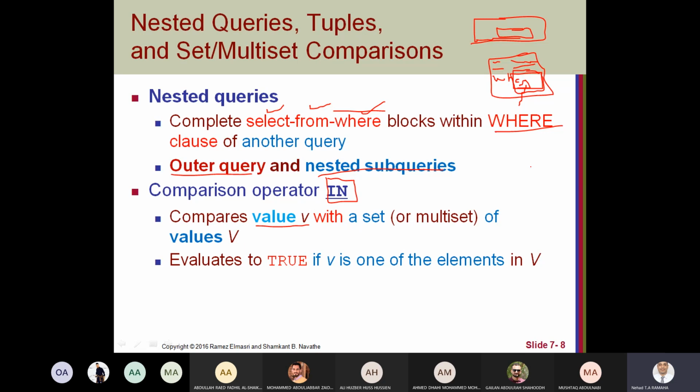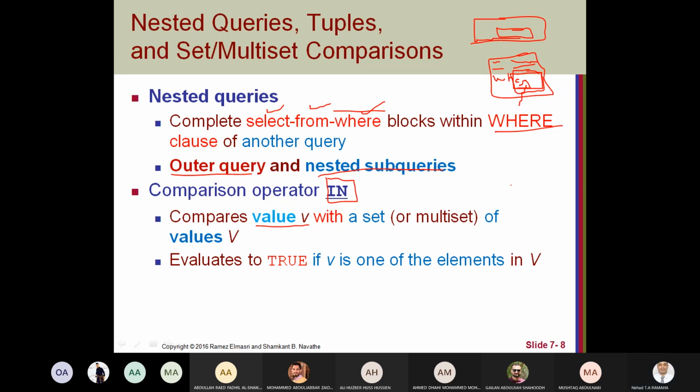And we saw before that if we use the distinct keyword with the select, then we will have a set because we will remove the repeated values. If we use all with the select statement, select all salary for example, this means we will keep all repeated values. This means we have a multi-set, because a set does not allow redundant data.